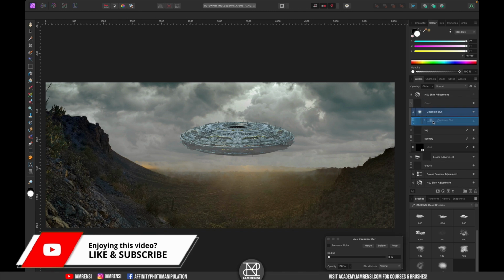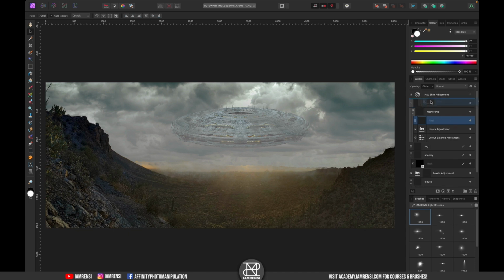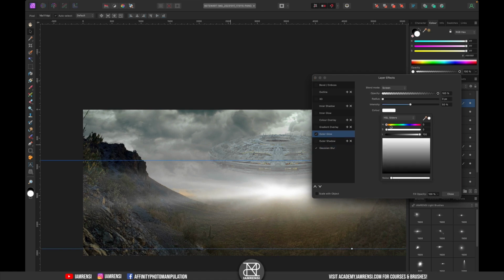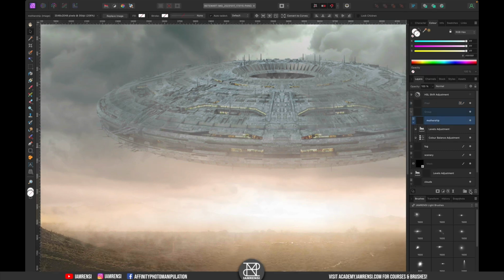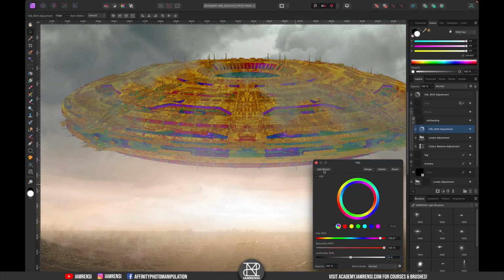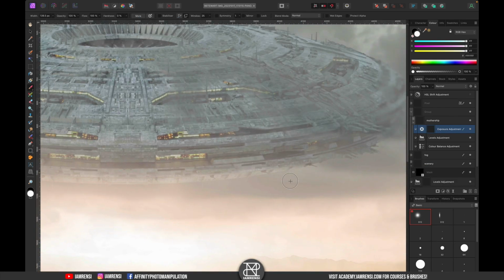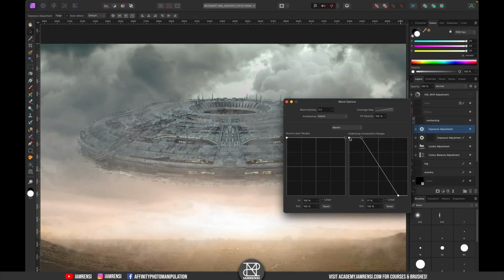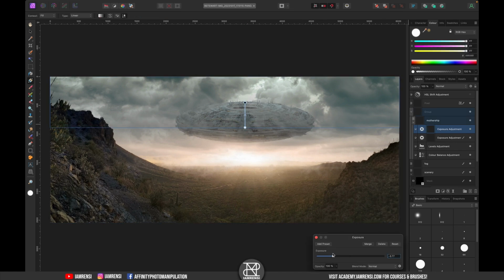Now, in the original photo that Brian sent me, there was a bright sun or a bright light source, let's say, at the horizon, so I decided to actually add it in back once I had my clouds and my foreground, etc. in place, and this I actually did using a lens flare from the IAMRENSI light brush pack. Now, because I added this light source on the horizon, I decided to brighten up the bottom of the spaceship a little bit. And at the end, you will actually see that I flipped around the whole spaceship